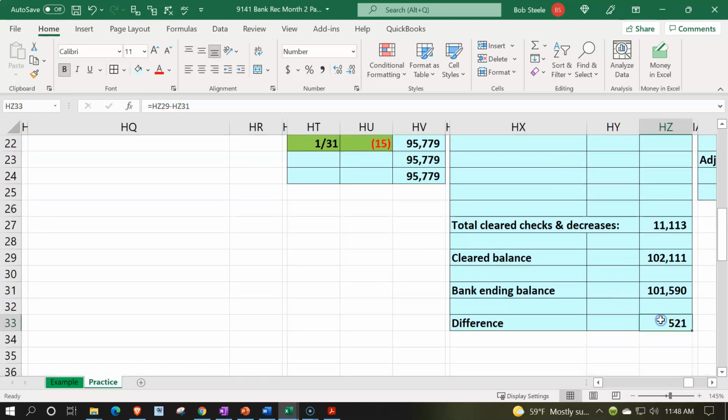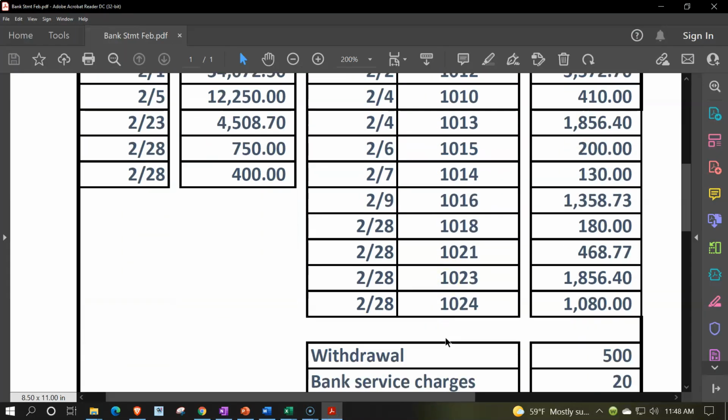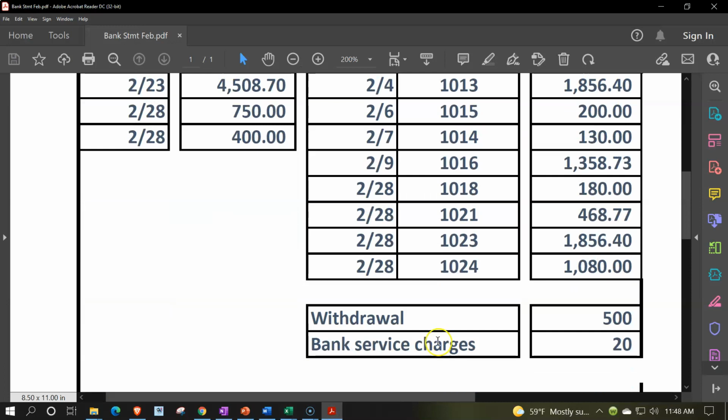So if we reconciled this way, it would do a forced adjusting entry to reconcile, because we're still out of balance by that 521. That 521 is, of course, the items on the bank statement that are not on our books that we're going to have to add to our books. So in a software setup, we would have to add those to our books and then reconcile,